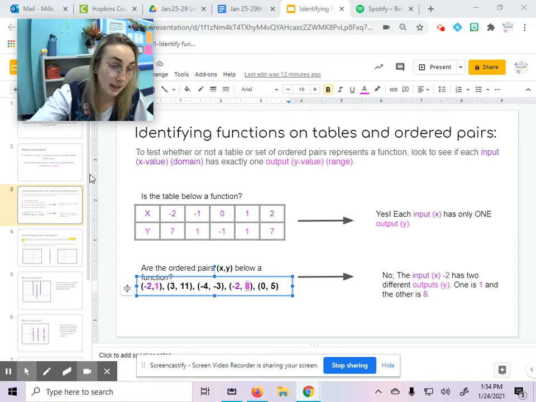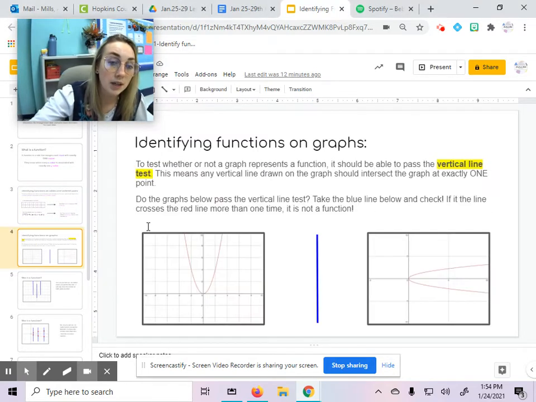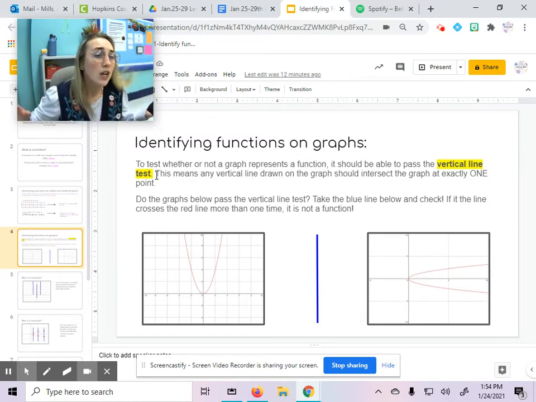If y'all have any questions about that, make sure you message me so I can help out and explain that better. But we're going to move on to functions on graphs. So